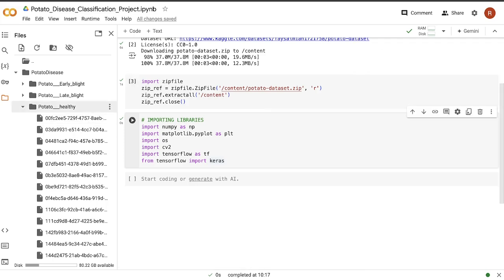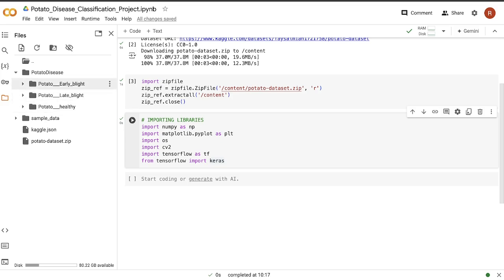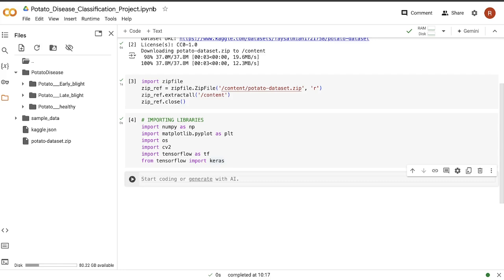Let me close the tabs. So as you can see, now that we have all these folders in the main core folder directory, that is potato disease. So what we will do next is we will write here data directory, that is data dir. Then here we have to paste the main path. Now main path basically refers to the main directory that we have, that is the potato disease. Just copy the path of the core folder, that is your potato disease, and paste it here. So this is your, let me write here, this is your base directory.